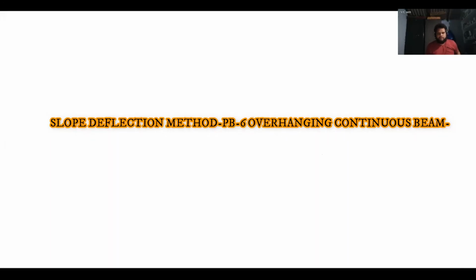Okay. Hello. Now I'm going to take up problem number 6. This problem number 6 is again with respect to the overhanging beam. In problem number 5, one of the end supports was fixed, but here the end support is hinged. If the end support is hinged, what do we have to do? First note down the question, and after noting it down, we are going to solve the problem directly. So this is the span.